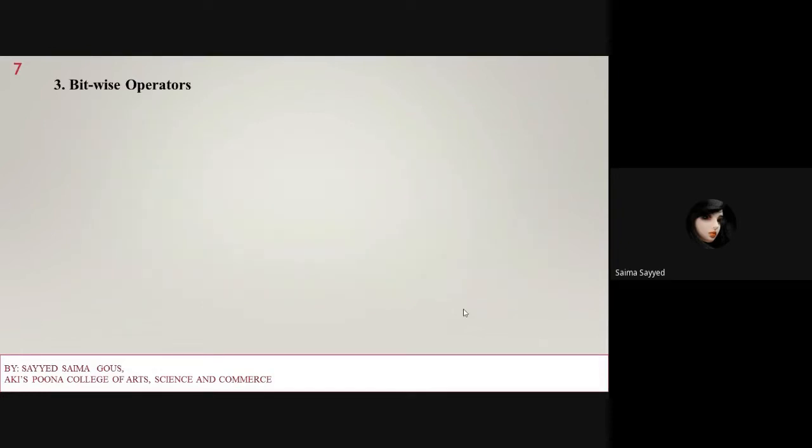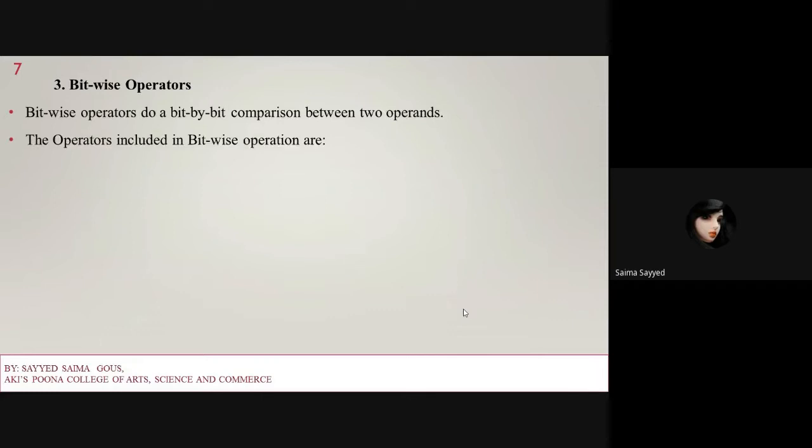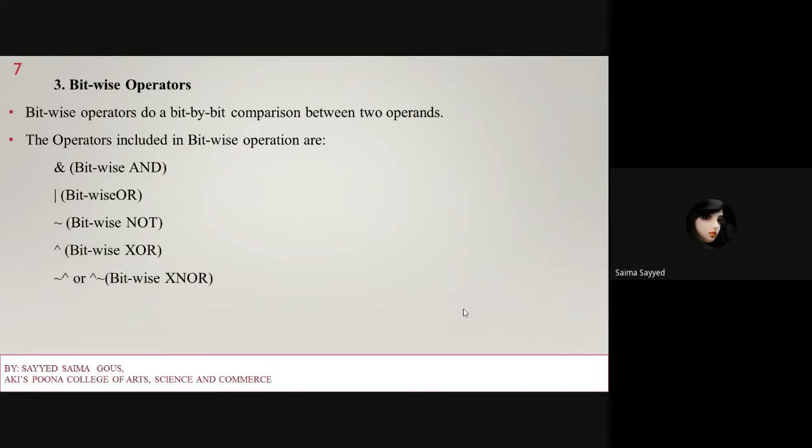So relational operators give the value in 1 bit, meaning they give the answer in 1 bit. Next, bitwise operators. Bitwise operators do a bit by bit comparison between two operands. They are also used to compare, but bit by bit with two operands. The bitwise operators include bitwise AND, bitwise OR, bitwise NOT, bitwise XOR, and bitwise XNOR.